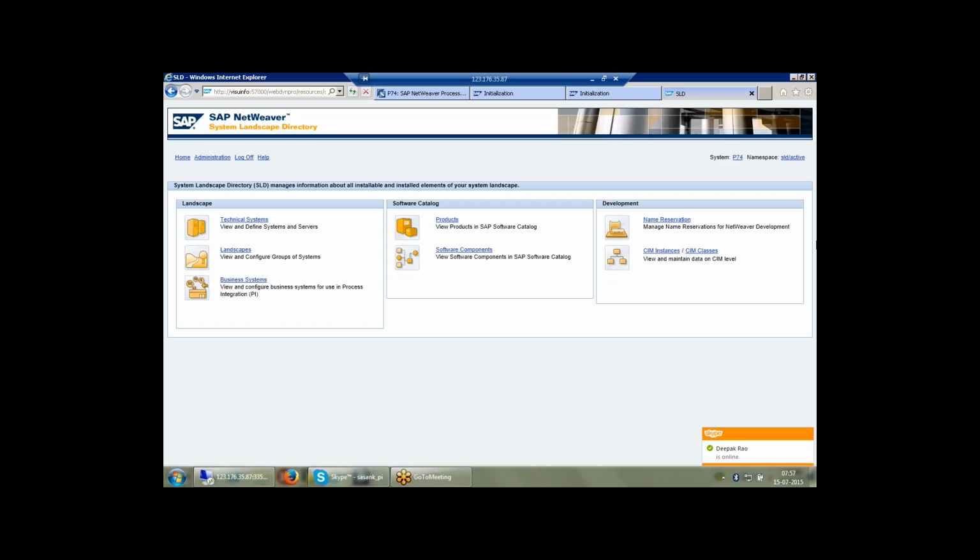IDoc to JDBC, similar to IDoc to file, IDoc to flat file. Sender side is the IDoc SAP system, receiver side is a database. One more important point here: if it is a database server, in real time these database systems are maintained properly. Means if any Oracle database server is there, then we have a database administrator,